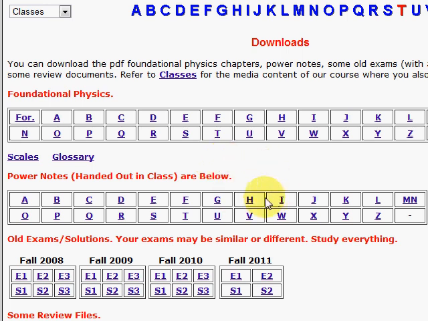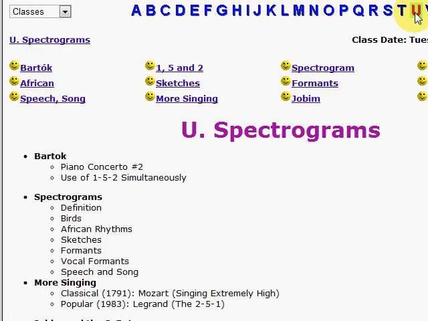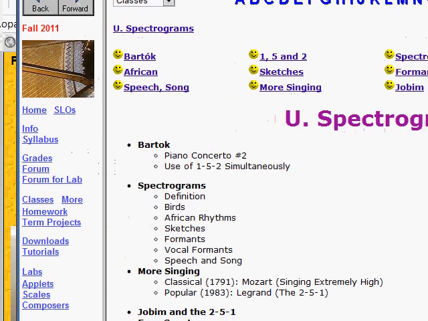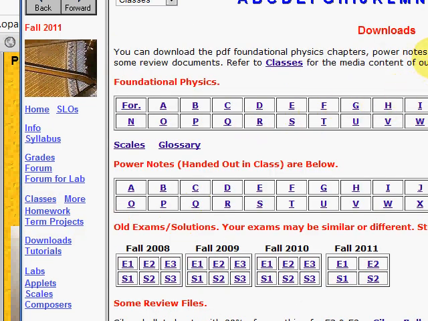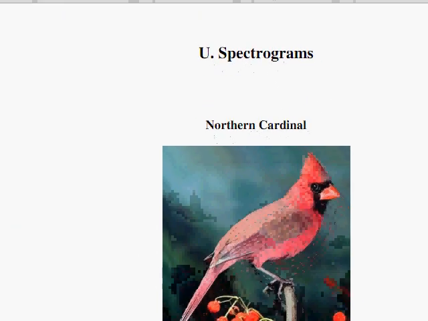The Physics of Sound and Music doc, with a review for you of the foundational physics for Chapter U. Now, when we do these foundational reviews with the letters, we go to the text, and you should use your power notes and look at these classes for the multimedia aspects of our class. But we're going to review the basics by going to the downloads and clicking on U, which is the chapter